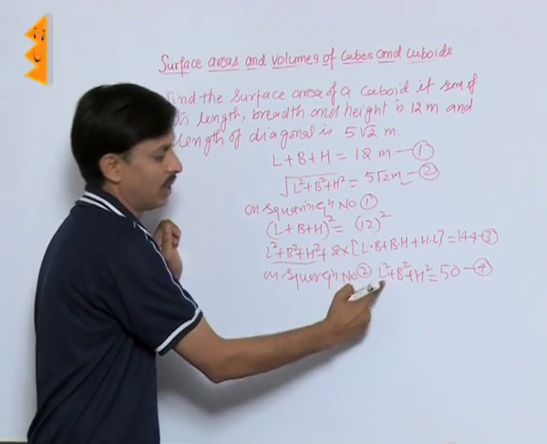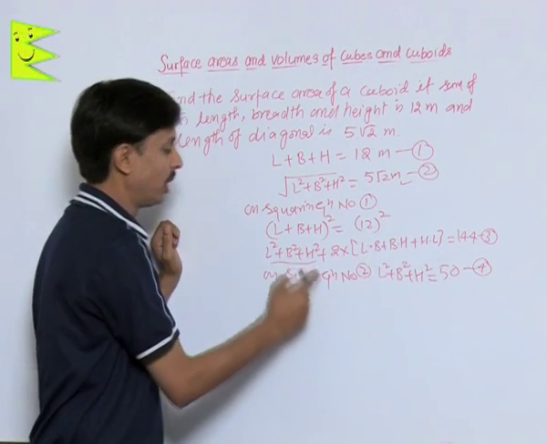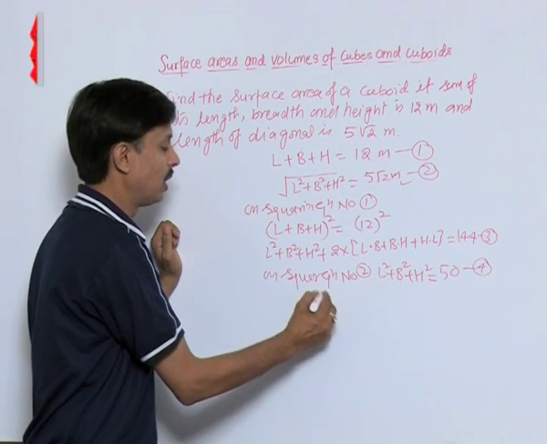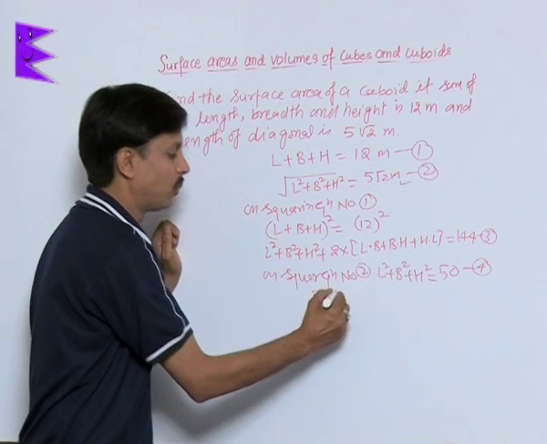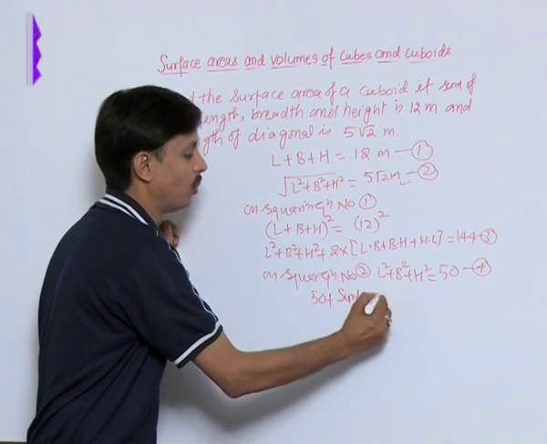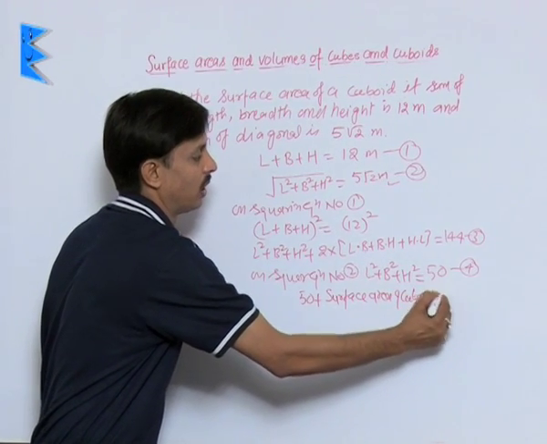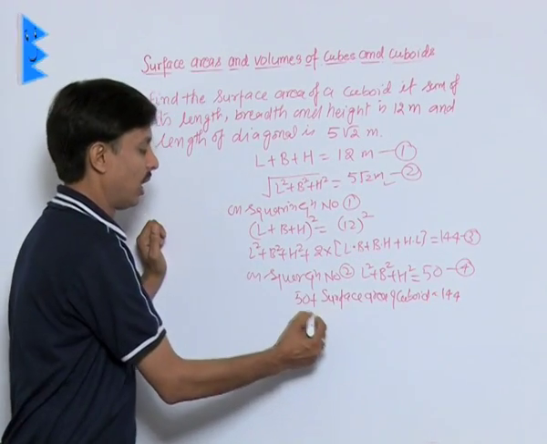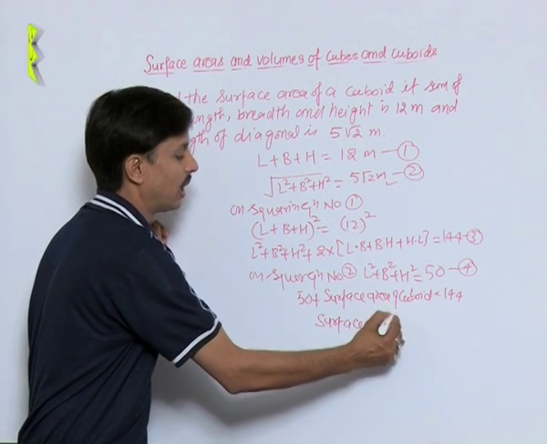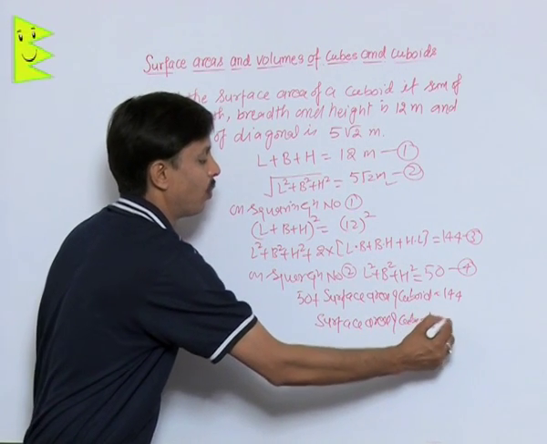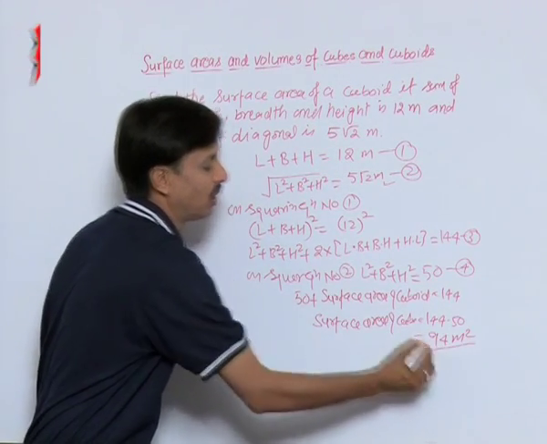If this value of L square plus B square plus H square from equation 4 is put in 3, then it will be 50 plus. You know 2 into L into B plus B into H plus H into L is what? Surface area of cuboid. Surface area of cuboid is 144. Hence, on solving this, we will get that surface area of cuboid is 144 minus 50, that is 94 meter